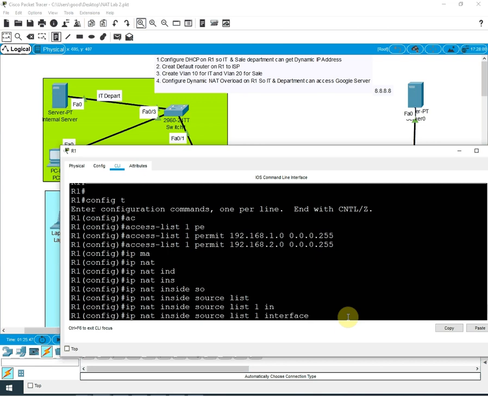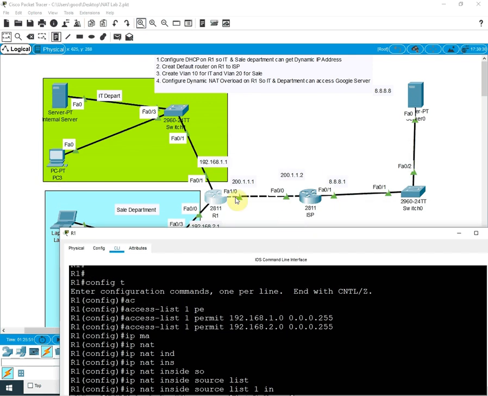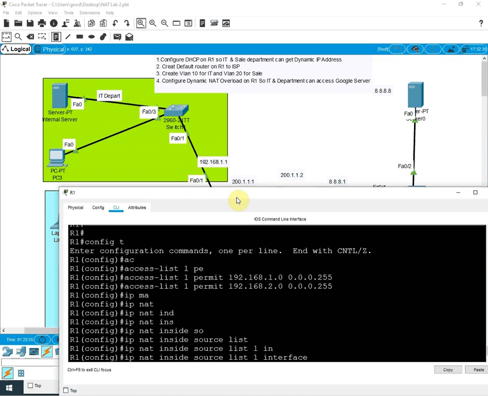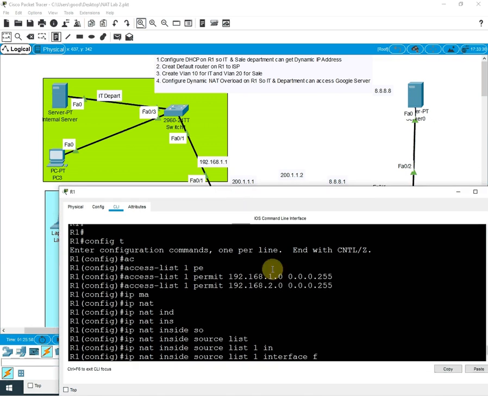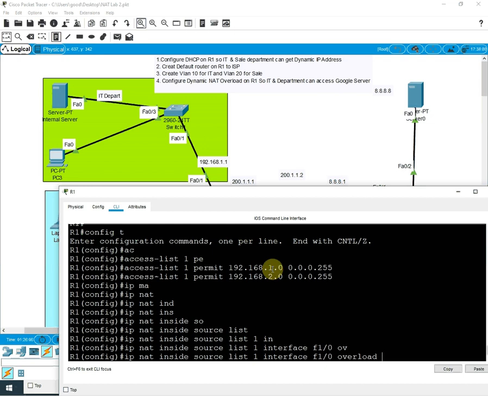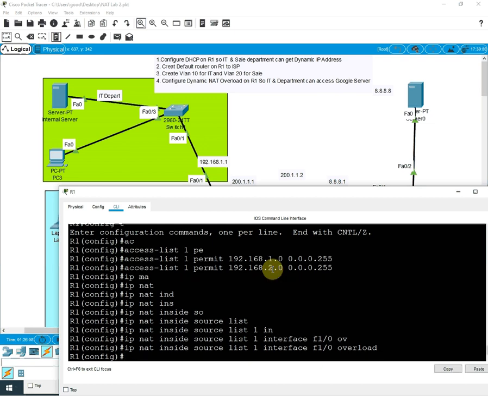If you write int and press tab, it will complete to interface. Then we need to look at which interface we are applying. This one, F1/0. So I will write F1/0, this interface. Then don't forget to write overload. So our NAT configuration is done.